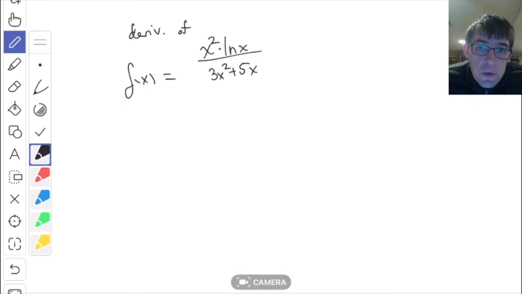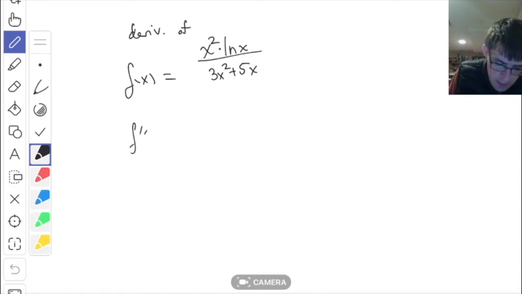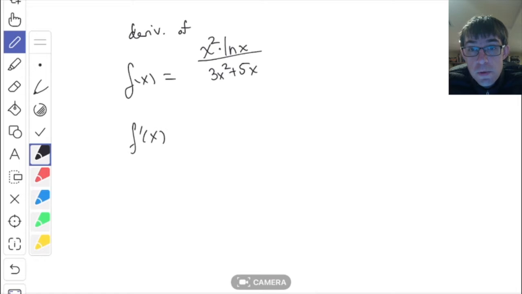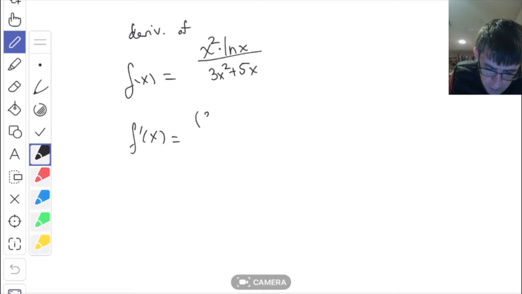So I'm going to do the quotient rule. When the product rule comes into play is at some point during the quotient rule, you have to take the derivative on the top. And so at that point, I'm going to do the product rule. But overall, this is a quotient rule. You've got to remember the quotient rule, of course. It's the bottom times the derivative of the top minus the top times the derivative of the bottom, divided by the bottom squared. So I begin with the bottom, as is,